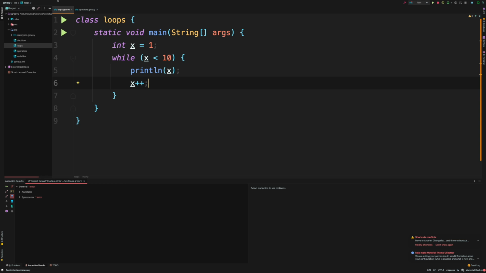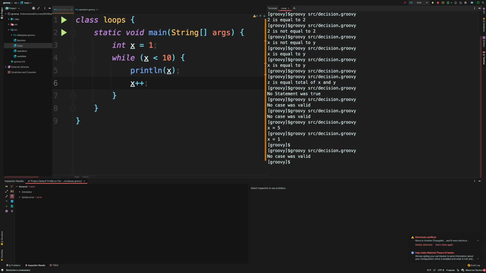Okay, so every time it's going to run the loop, it is going to print the value of x, so we know that it was incremented, and then it will add the value of 1 to x, and once it reaches 10, well, logic says less than, so the value would be up to 9.